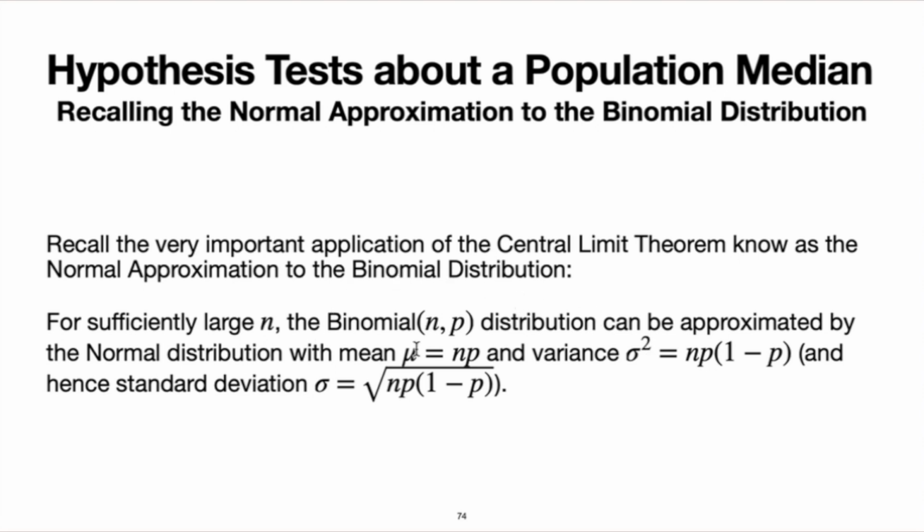which is the variance of this binomial distribution. And obviously, if the variance is n times p times 1 minus p, then the standard deviation, which is just the square root of the variance, would be equal to the square root of n times p times 1 minus p. So if the sample size is large enough, whatever that means, then this binomial distribution,